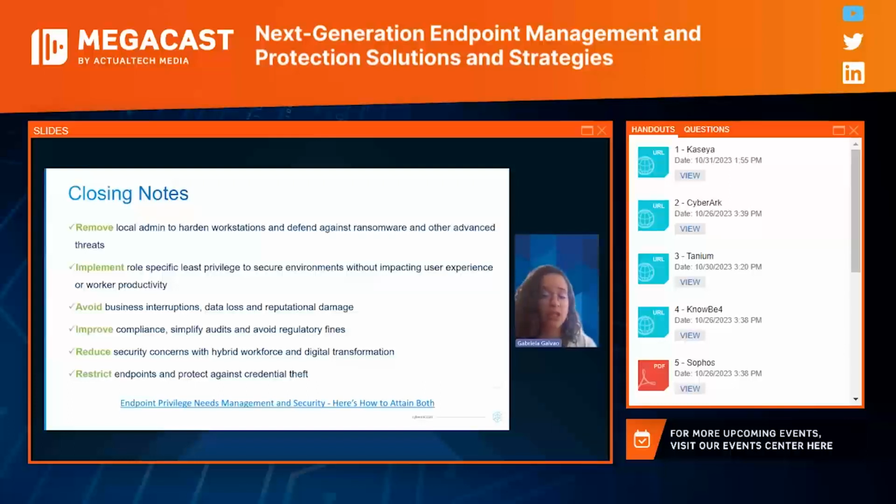And to close our presentation, I wanted to share with you a few of the use cases that a solution that is always thinking like an attacker, like CyberArk Endpoint Privilege Manager, can provide. So first is remove local admin rights, which is a great first step for a robust endpoint security strategy, closing many security gaps against attacks. Then we have implement role-specific least privilege, meaning that all of your users can do whatever they're supposed to do with the proper privileges, but with no room for malicious activities.